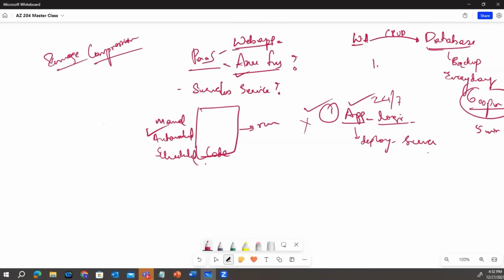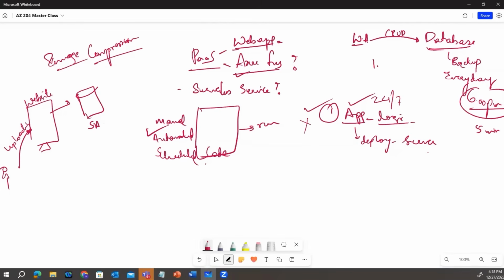Some other scenarios for Azure Functions, I would say, is image compression. Let's take an example that you have a website, and users are uploading images onto the website, and the website stores those raw images into a storage account. Storage account is a storage service in Azure.